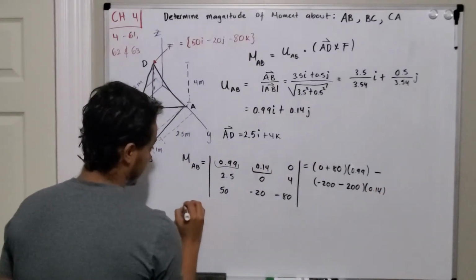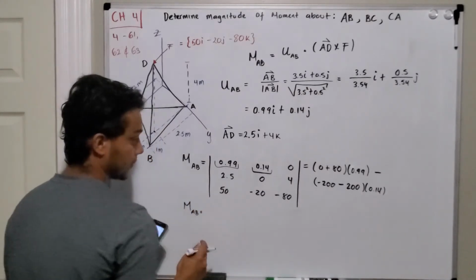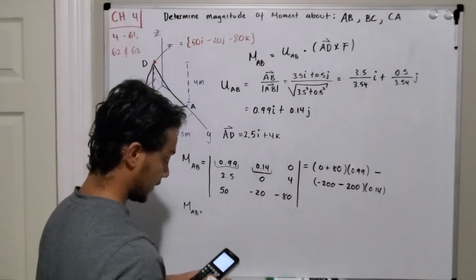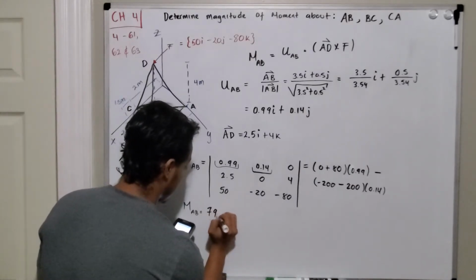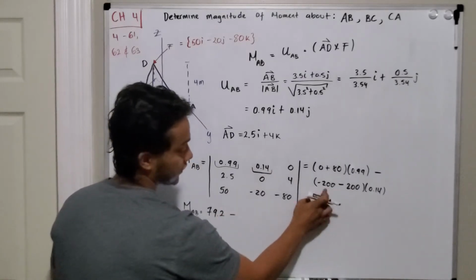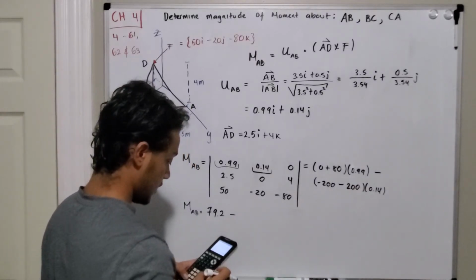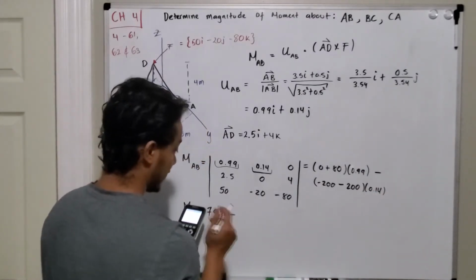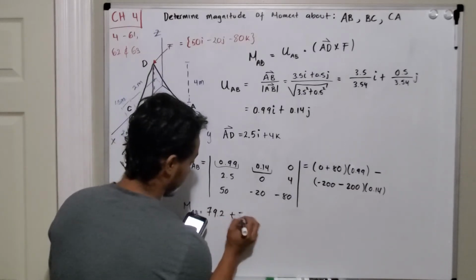So basically my moment about base AB is going to be equal to, so we have 80 multiplied by 0.99, so 80 multiplied by 0.99, it's equal to 79.2 minus, then we have negative 200 minus 200, that gives me negative 400, and we need to multiply by our 0.14, and that gives me a negative number, so negative and negative, it will become plus